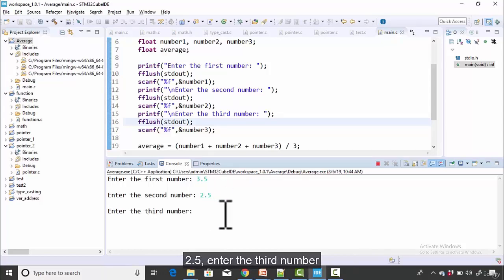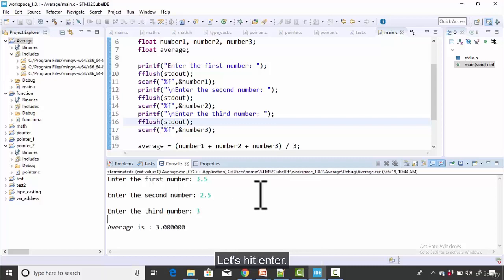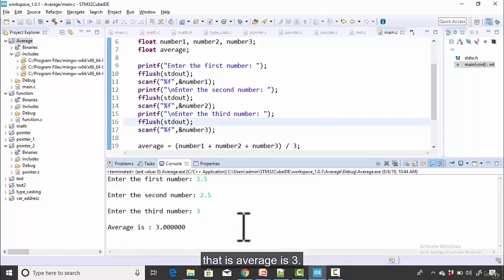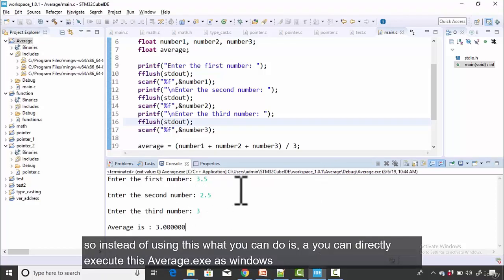Enter the third number. So let's type 3. Let's hit enter. And here you can see that it is showing you the result, that is average is 3. That is actually correct, right? So this Eclipse console is not that great. So instead of using this, what you can do is